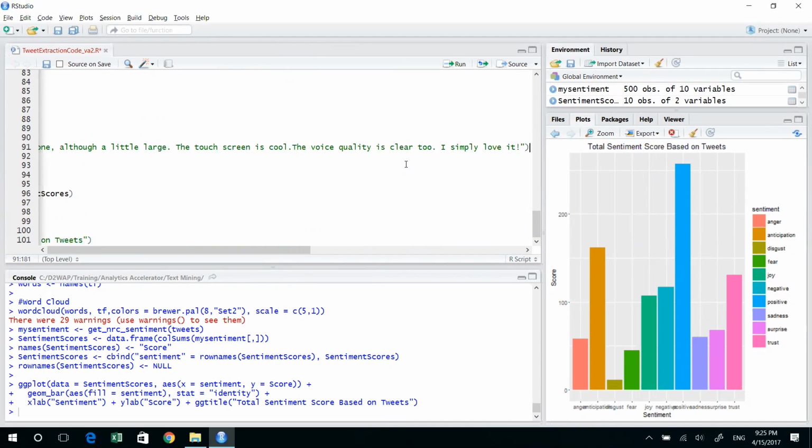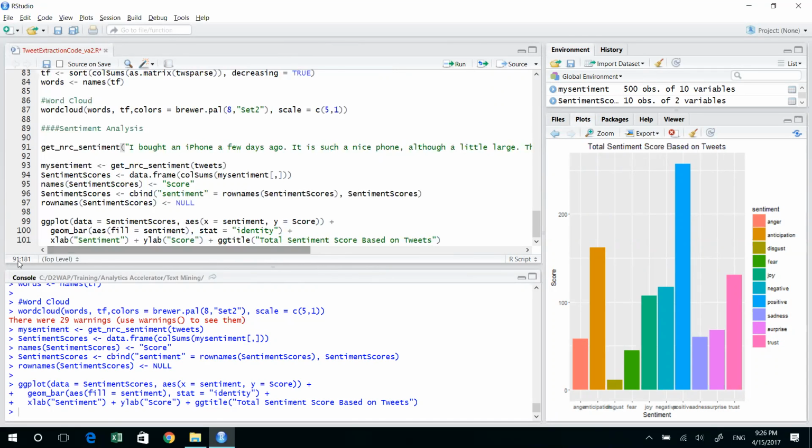It has some positive words. It has some kind of trust building up or not, or what do you think? If you look at all these sentiments, what kind of sentiments will you get out of this sentence? Happy, positive, joy, trust, right? Exactly. This is what our small code is doing. Our small code is picking up these words, looking at a certain form of dictionary, and based on the classification from the dictionary, it is classifying those words into these sentiments. So if I run this small code over here on the statement,